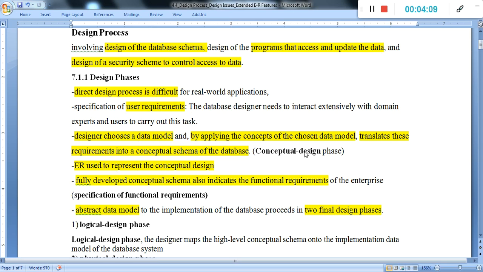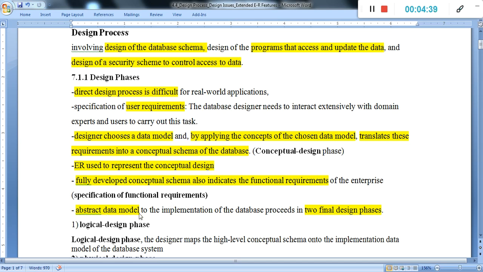For conceptual designing we use the ER diagram, and we draw the ER diagram with the help of the user requirement. A fully developed conceptual schema also indicates the functional requirements. When we define the conceptual design with the help of the ER diagram, it shows the functional requirements of the particular application. That is the specification of functional requirements.